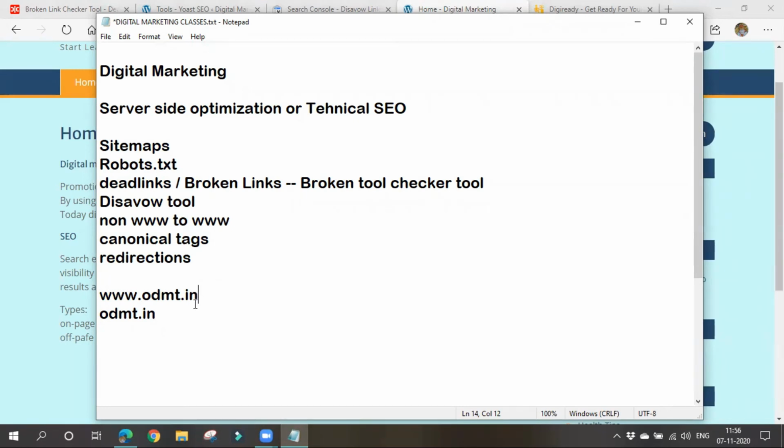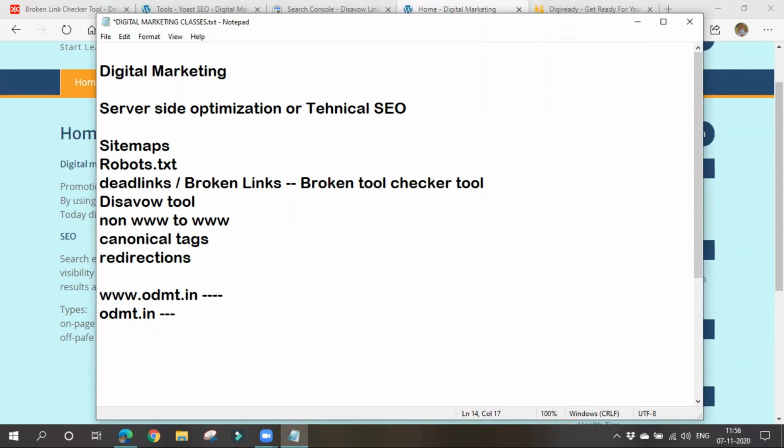So Google thinks these two URLs are different. This one does not have www, so Google thinks this is one thing and that is another thing. As they have the same content, it will raise an issue called duplicate content. Both URLs have the same content, so someone might have copied from the other. It will hit this site with some update. Whether it's odmt.in or www.odmt.in, our website will only get punished.